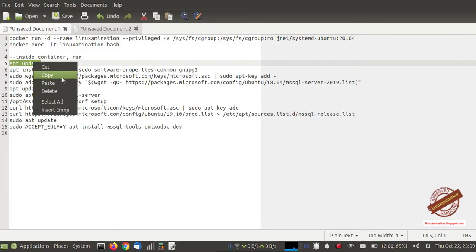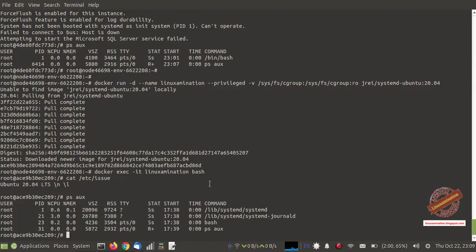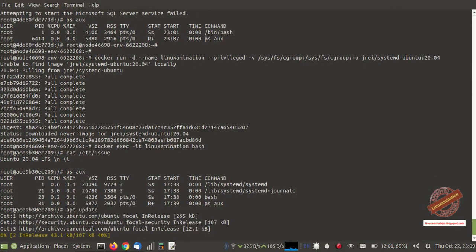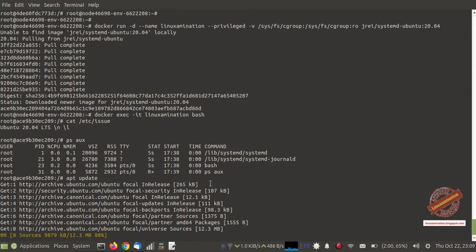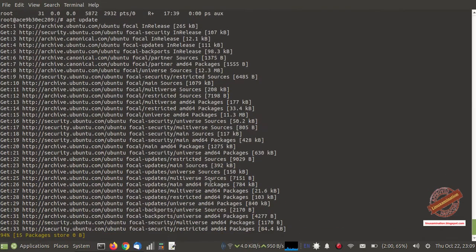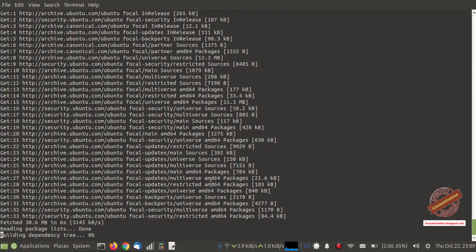Now I am running the other important commands to install MS SQL Server. First I am updating the repository, because this is a new container, so I need to run apt update.